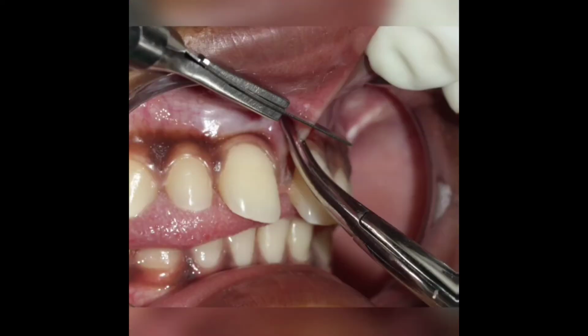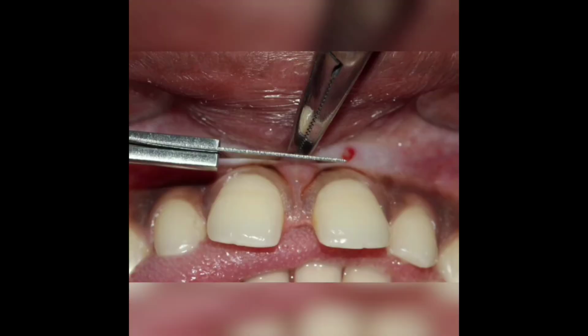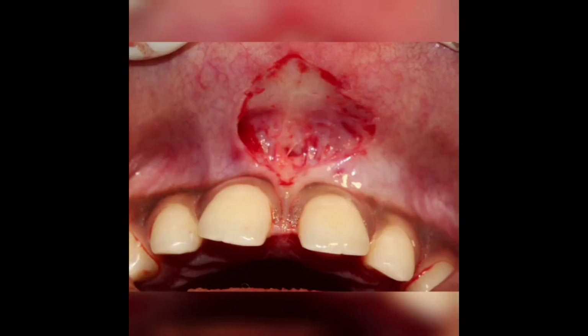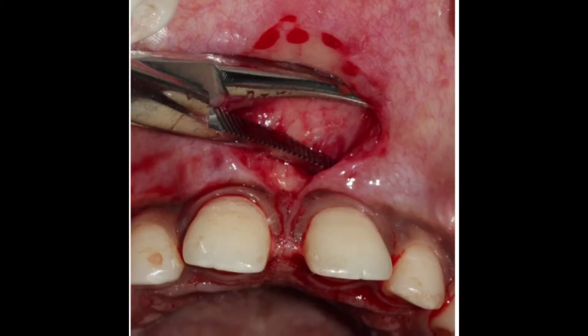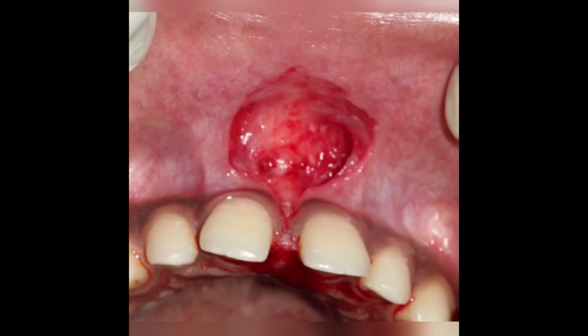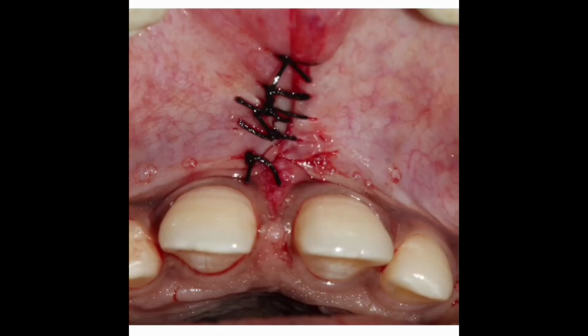Incision with a number 15 scalpel blade was placed on the upper and lower surfaces of the hemostat until the hemostat was free. The resected portion of frenum with the hemostat was removed, leaving a rhomboid area exposing the deeper connective tissue fibers. Dissection of muscle fibers was done on the bone, and the resultant wound was sutured with simple interrupted sutures.